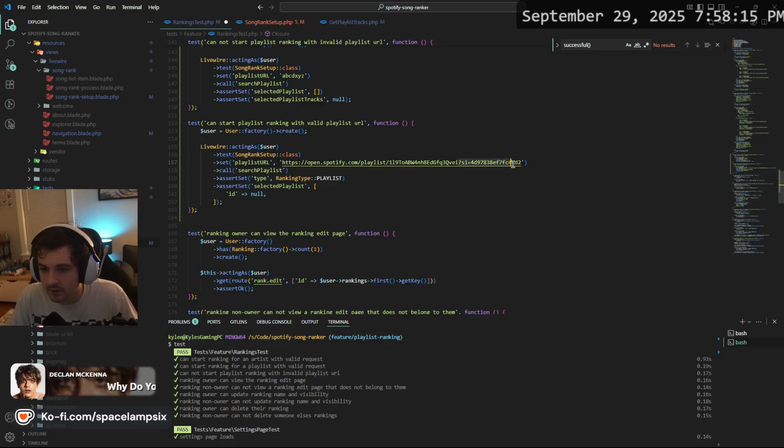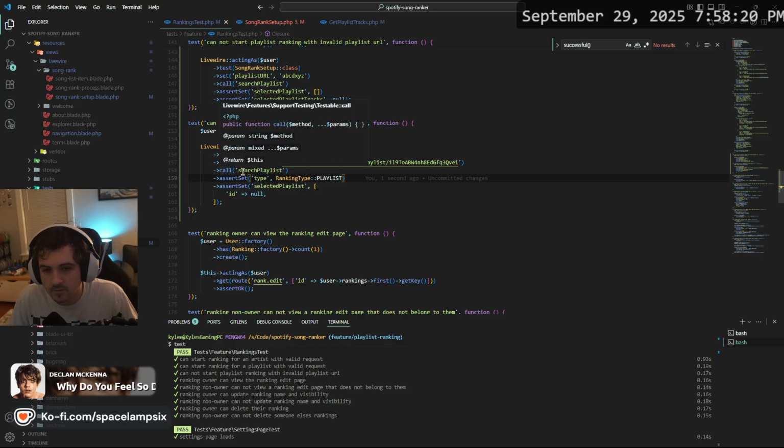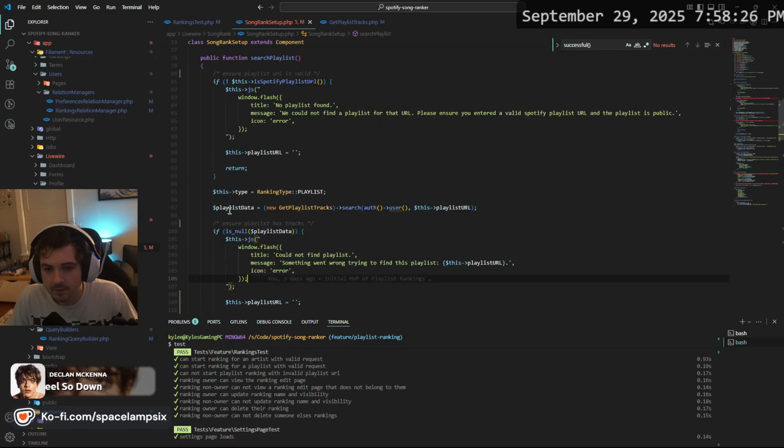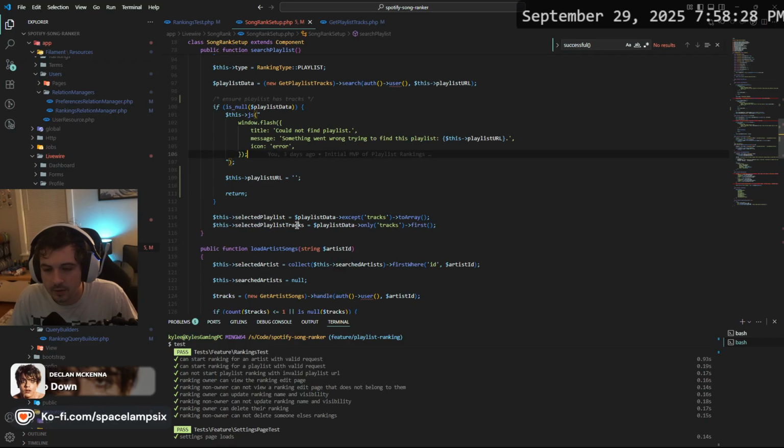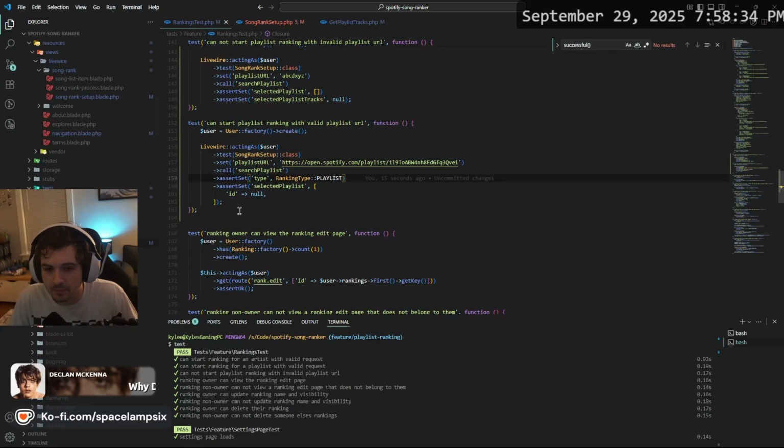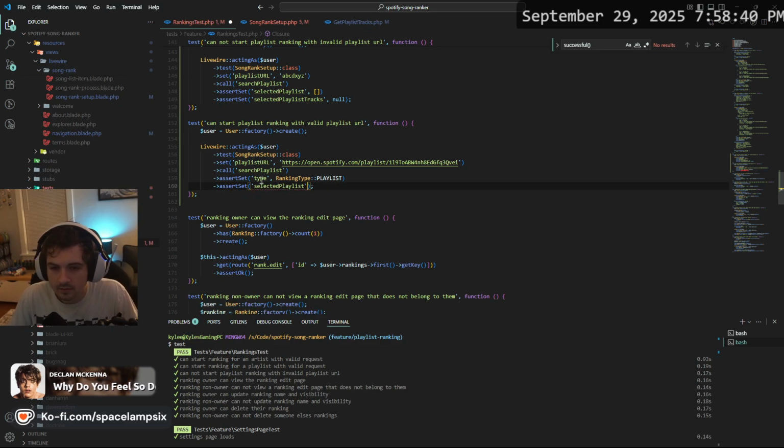And we don't need that thing there. Right? Call search playlist. Assert that that is set. This is correct. And then I think we just want to assert that they're not empty.